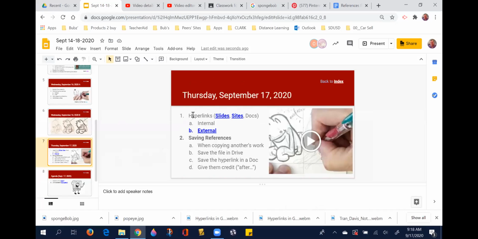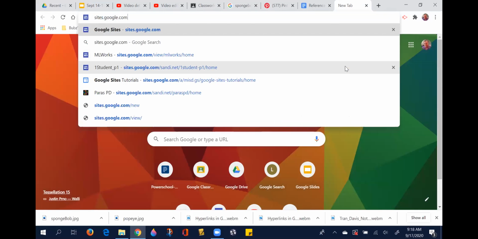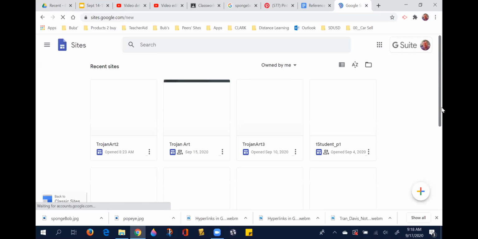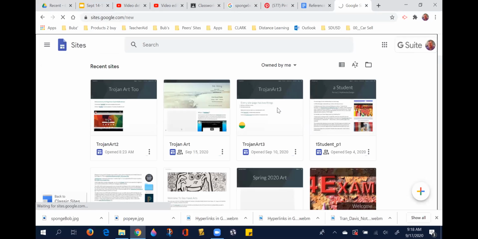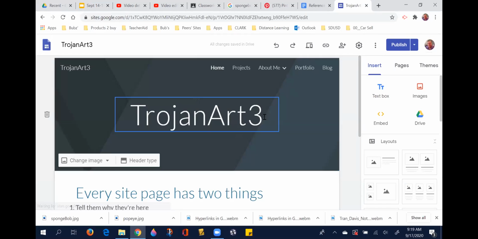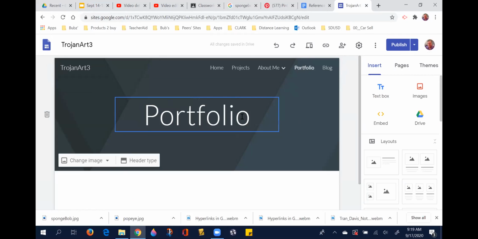So I talked about hyperlinks in slides. You can also put these same types of hyperlinks in your Google site. So I'm going to go to sites.google.com. I'm going to go to one of my websites. I've created a couple of these just to use as examples. What I want you to think about is on every single page that you have that has images, so for instance, for this portfolio page,